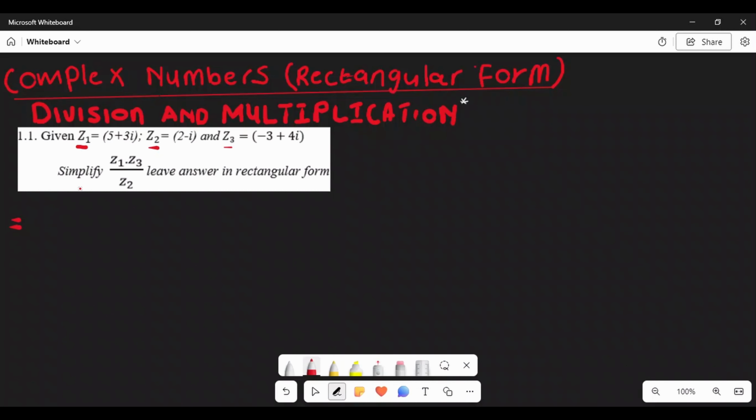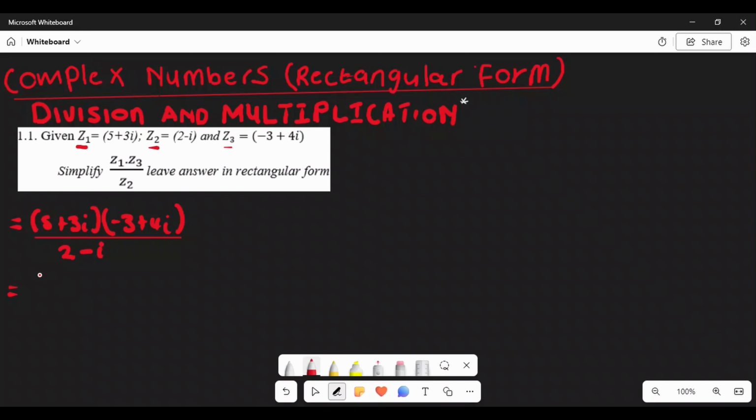So we're going to say Z1, which is 5 plus 3i, multiplied by Z3, which is negative 3 plus 4i. All this is divided by Z2. So what is our Z2? It's 2 minus i. When it's like this, it's actually the same as the question there. So the next step is to look at our numerator. As you can see, we have two complex numbers that are multiplying each other, so it's time for us to